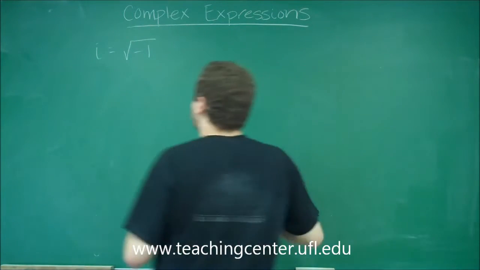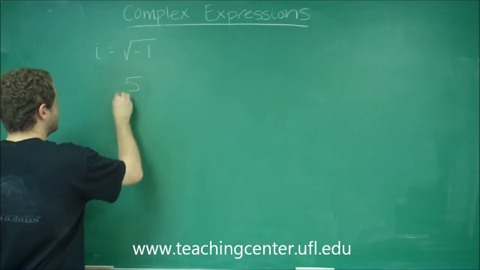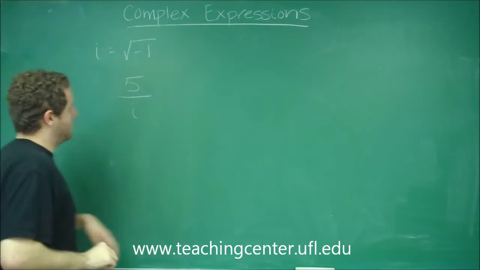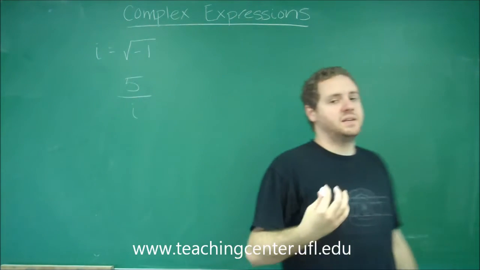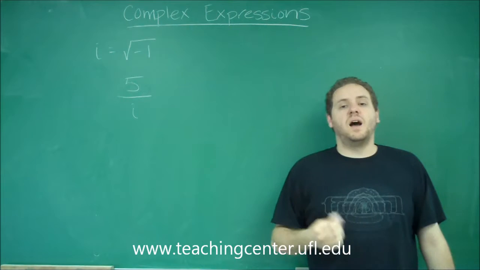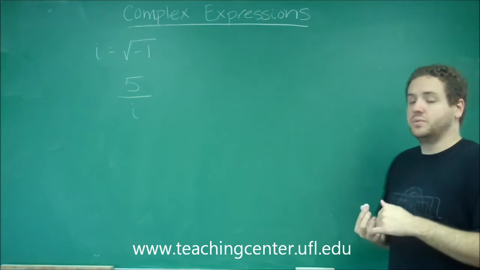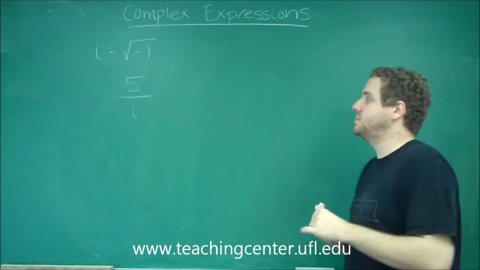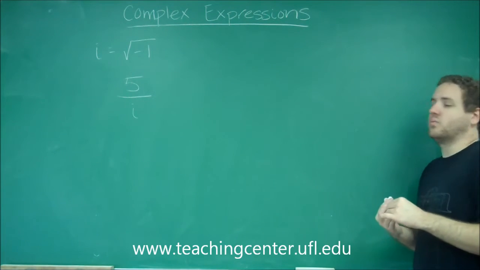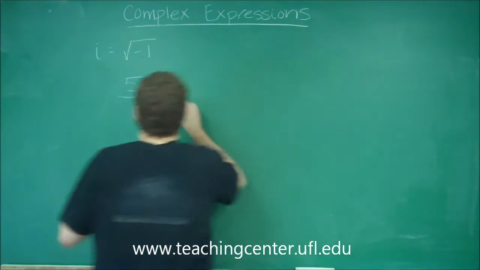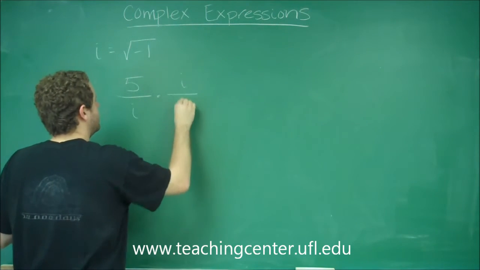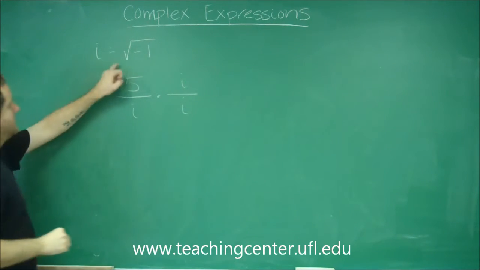So let me give you an example here. We had 5 over i, and we said we have that expression. This is not rationalized. You can't leave your answer this way because i is a root. So we need to multiply it by something that would get rid of that root. We could multiply the top and bottom in this case by i, because if i is the square root of